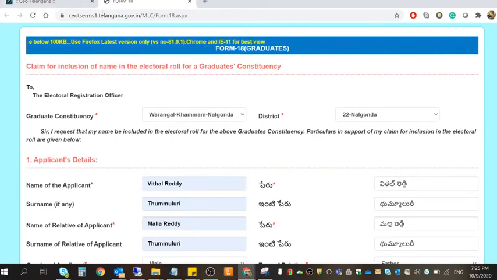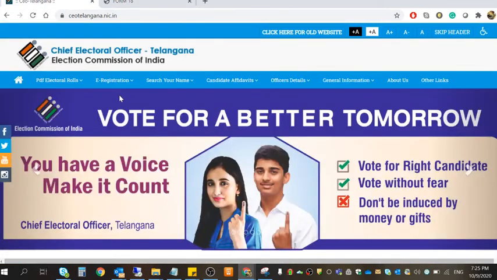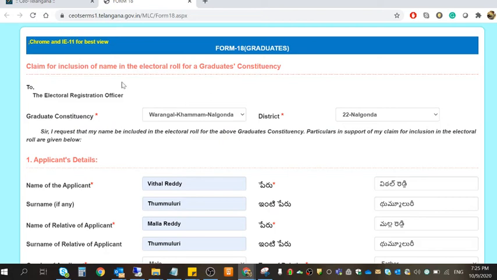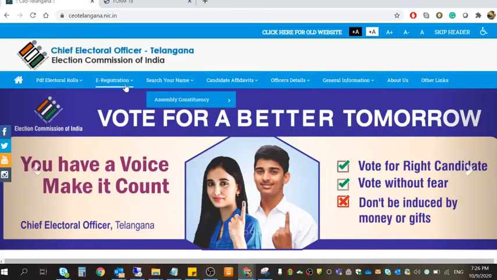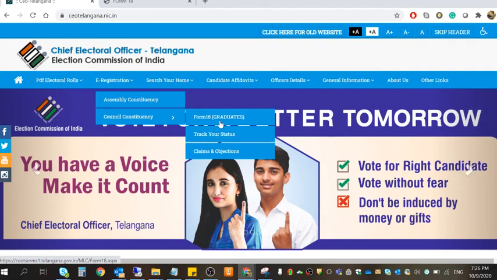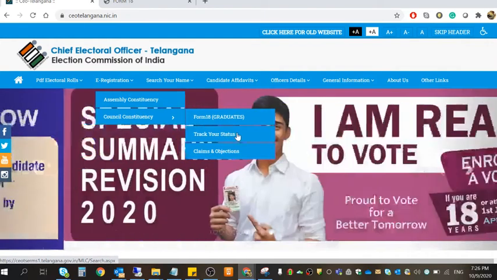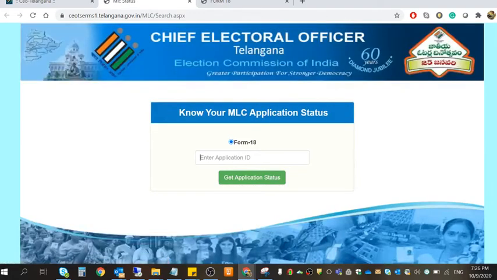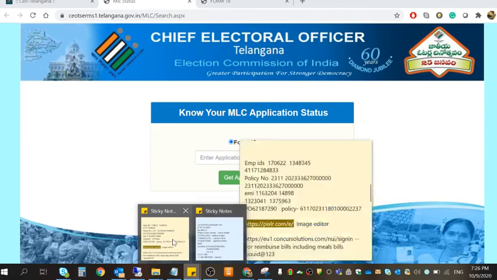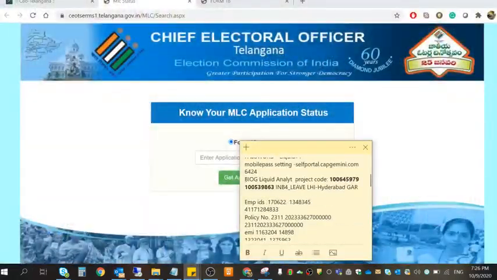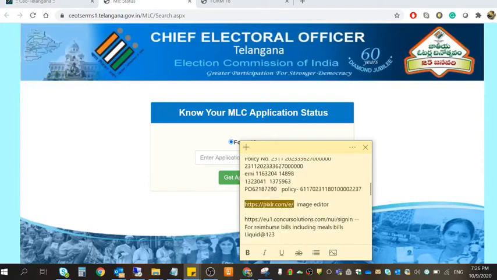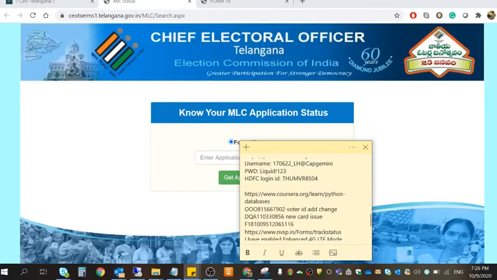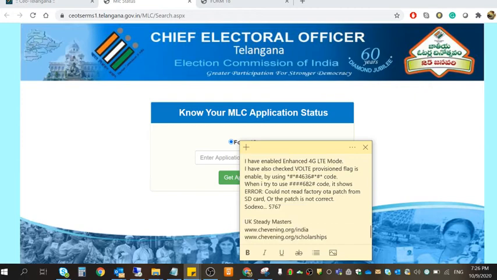This is the online process. After submitting the application form you will get one reference number, right? I told. So to know your form status, to track your status, one more option is there. If you click on that, you will go to a tracking related form. In this you can mention your tracking number. I already applied online, so I want to check the status of that application.